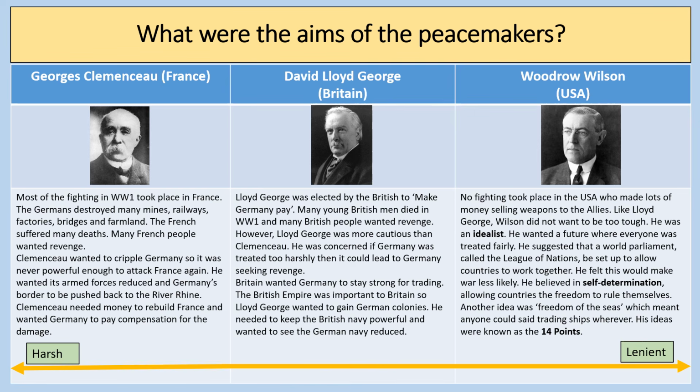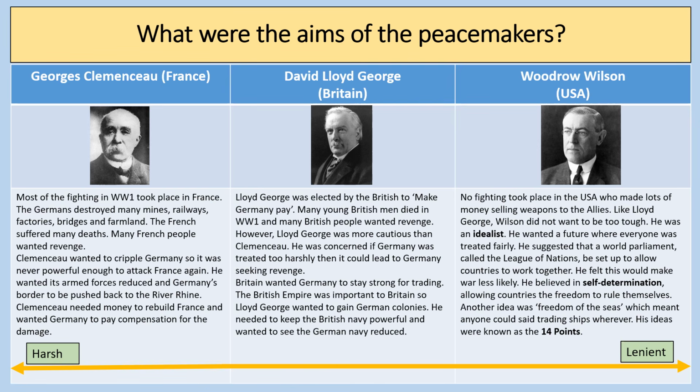However, Lloyd-George himself was concerned that if the treaty was too harsh, then it may cause Germany to seek revenge. And in fact, after the actual Treaty of Versailles, David Lloyd-George wasn't particularly happy with the treaty that they came up with. He also saw a strong Germany within the centre of Europe as an important way of protecting the rest of Europe from the advance of communism.